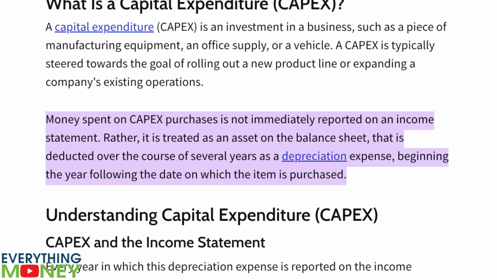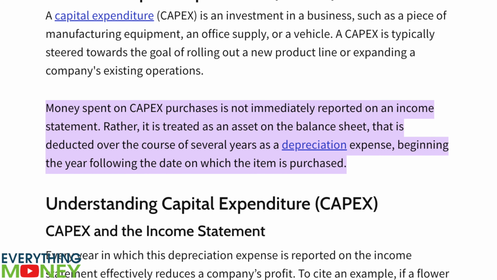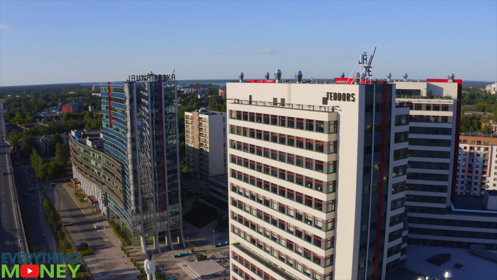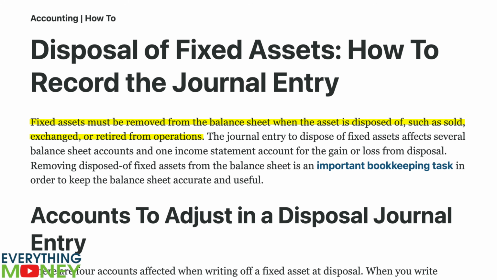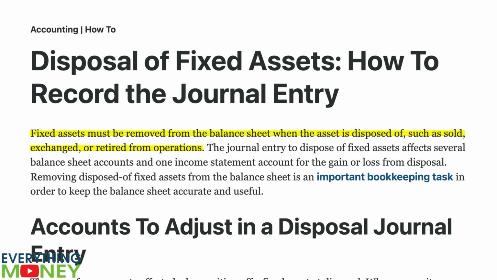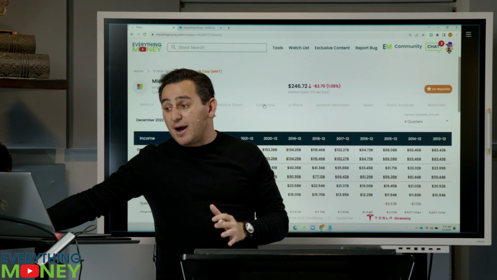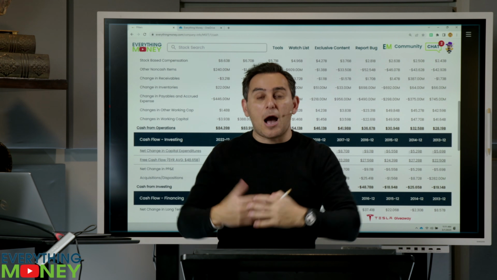Well, guys, these capital expenditures are depreciated on the income statement. So when you buy a building for $1 billion, you cannot deduct that $1 billion off your net income because the government's going to say, wait a second, you invested in a fixed asset, you can only deduct it over a long period of time. But it definitely affects your free cash flow. It has affected how much money is in.